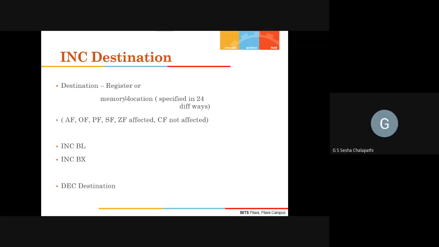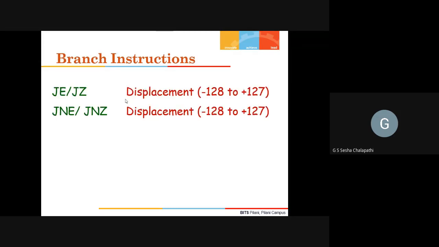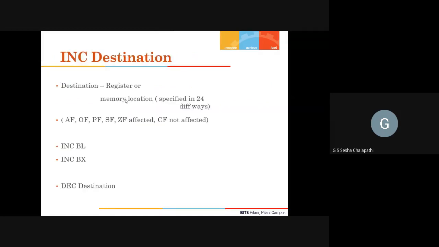Yeah, the carry flag is not linked to the increment operation. Therefore, you should not have an instruction like JNC, jump if not carry, after the increment or decrement instruction. Okay, sir. Thank you, sir.